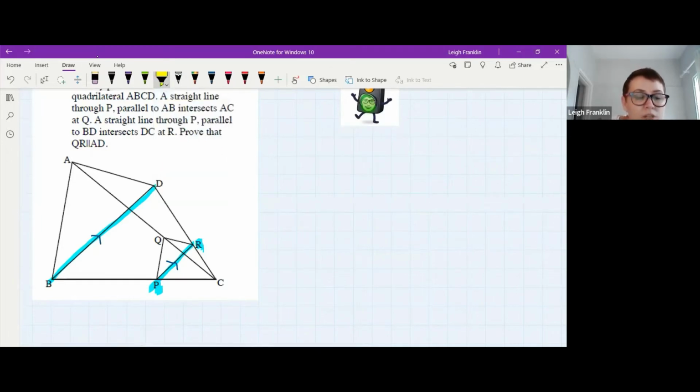They want us to prove that QR, so that's this line over here, is parallel to